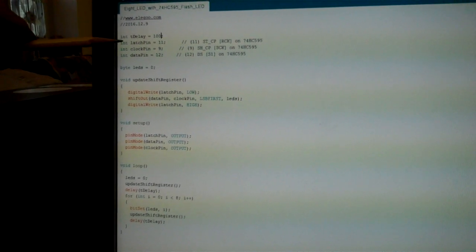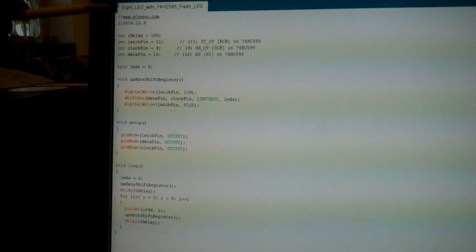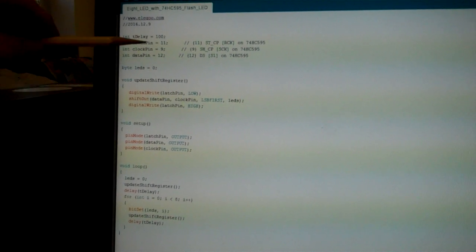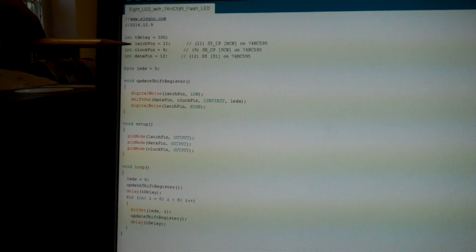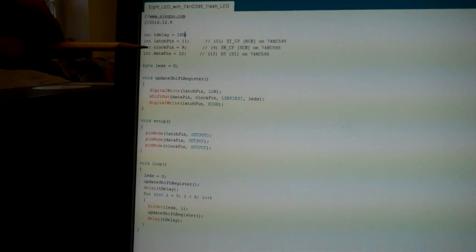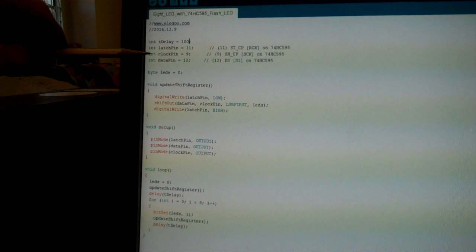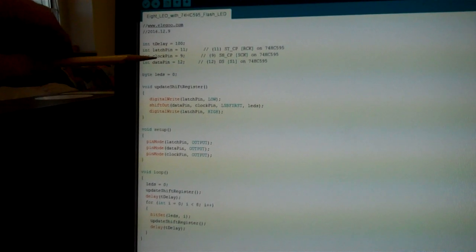Going through the program itself, you'll see that there's a latch on the IC chip, and the output of the board is pin 11, which is what's going to activate that latch for a certain period of time. If we go down to the next one, it's going to clock through the IC and cause it to shift into its shift register, which is on the inside of the IC chip. That's the control pin, pin 9, and pin 12 is going to be feeding into the data input to this